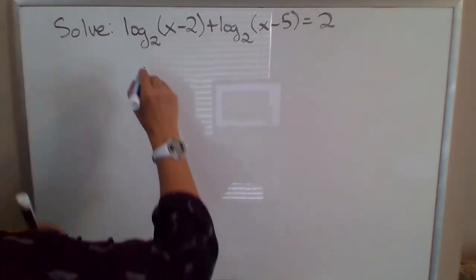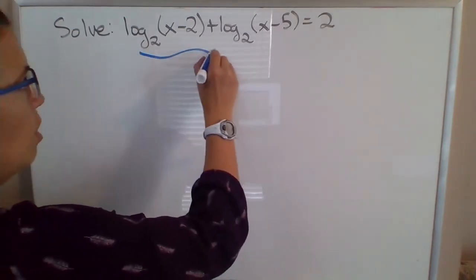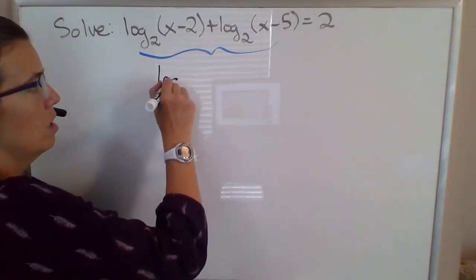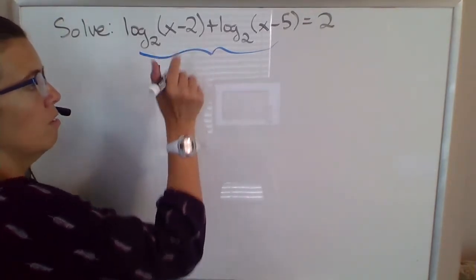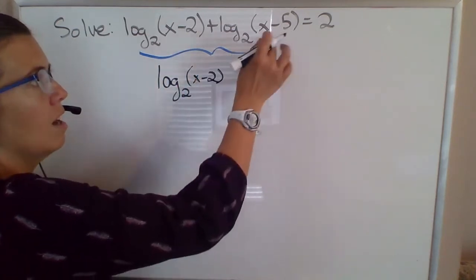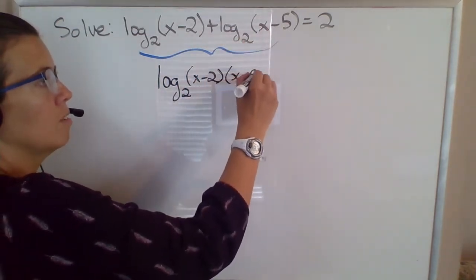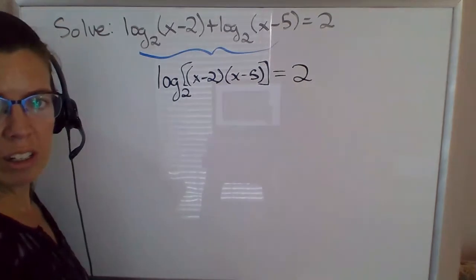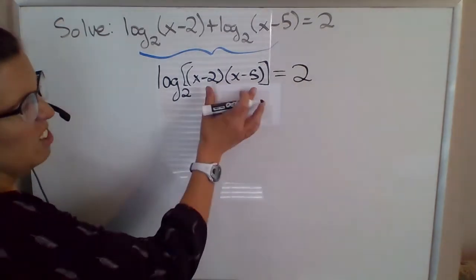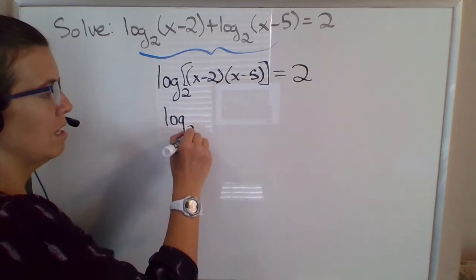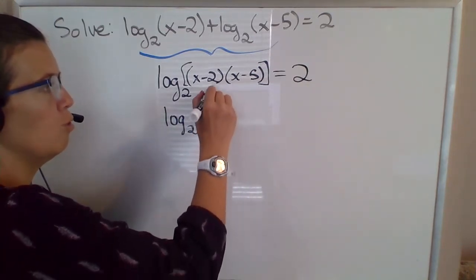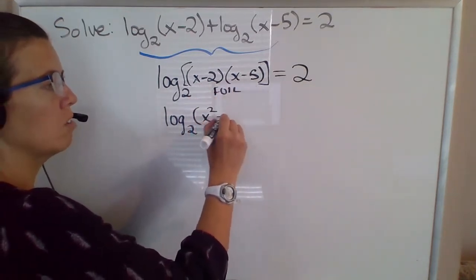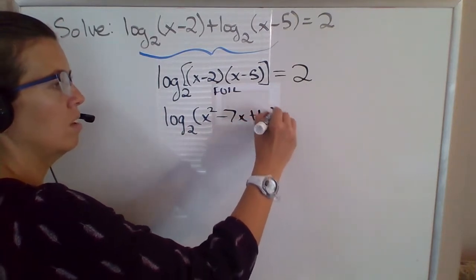So on the left side of this equation you have the sum of two logarithmic expressions. The first thing you should do is combine those and express it as log base 2 of x minus 2 times x minus 5. I'm going to put brackets around all that. Equals, we have 2 on the other side. And I think I'll go ahead and multiply out what's inside of that logarithm. I think that might make it look a little nicer. So if you FOIL here, x squared minus 5x minus 2x, so that's minus 7x plus 10